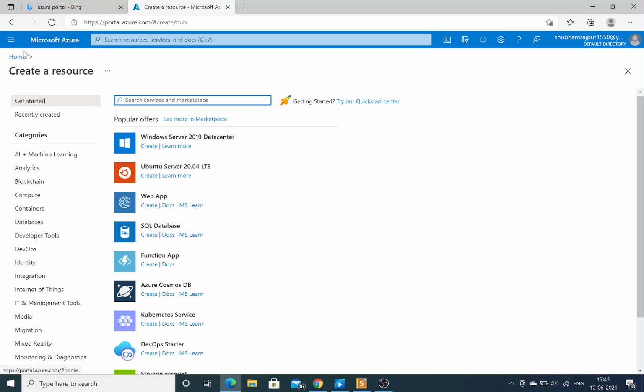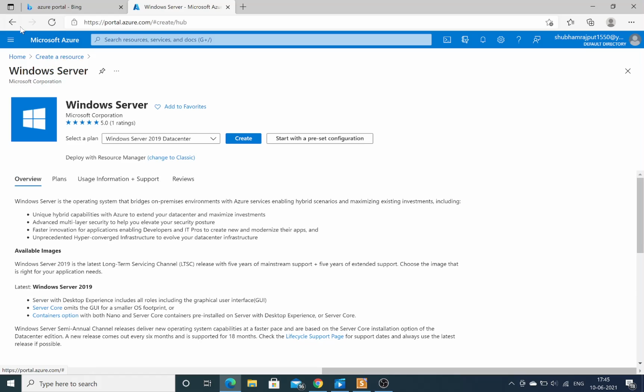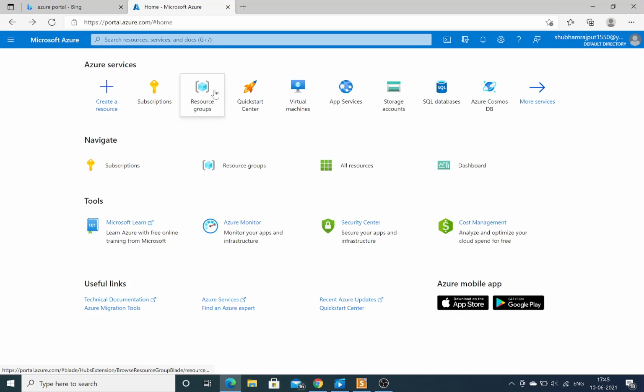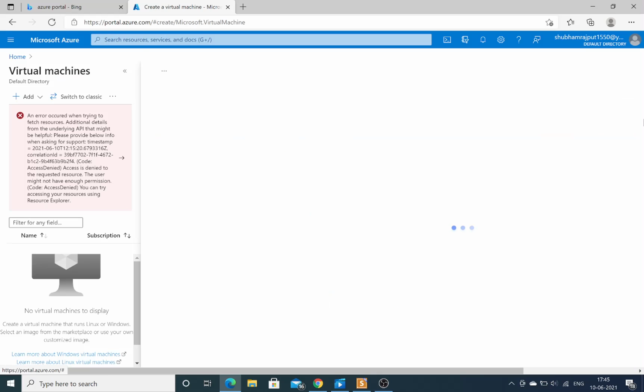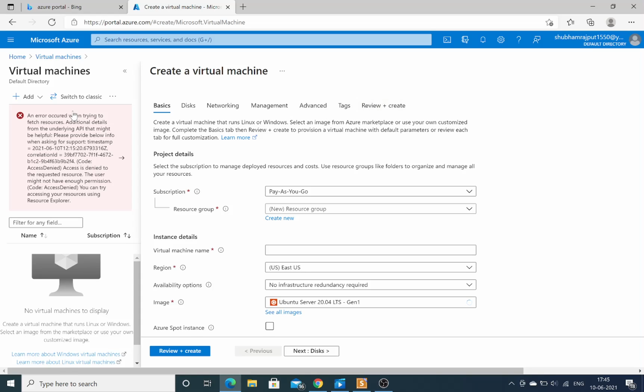So if I want to create a machine, just go to Virtual machines. You can create it directly. It is showing me an error: an error occurred when trying to fetch resources.